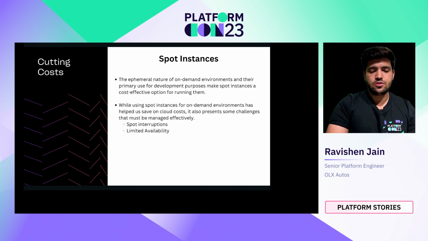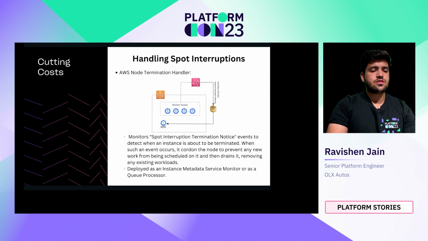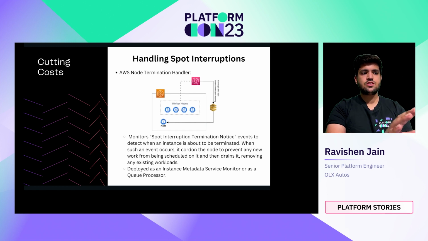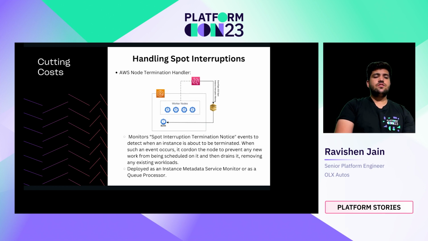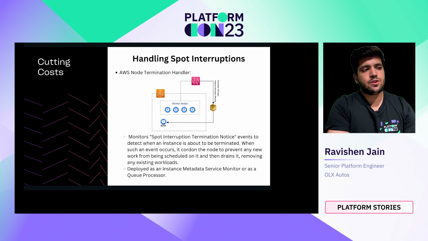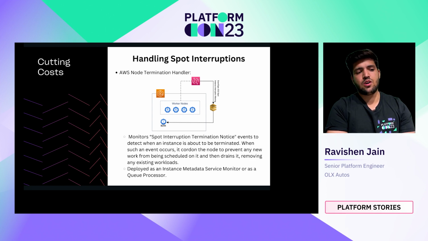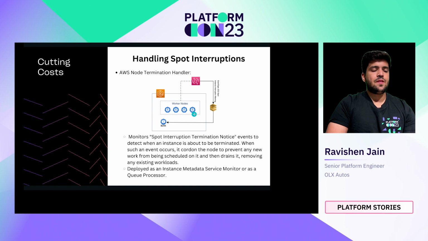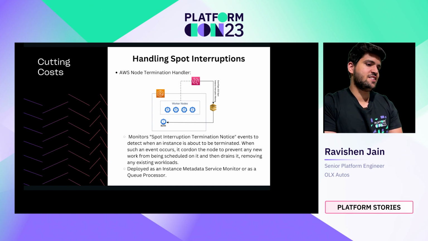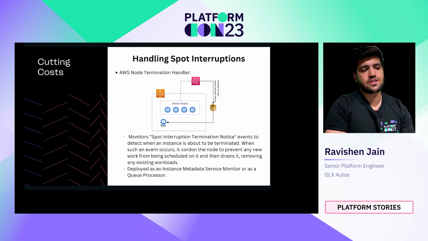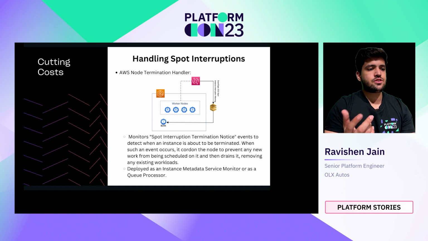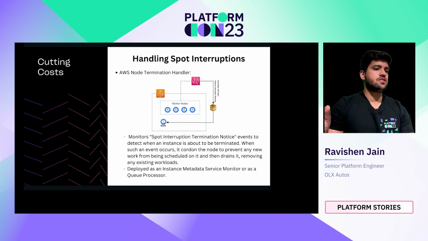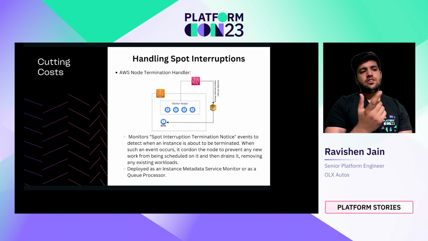So to solve these two challenges, what we did was, this is for spot interruption. There is a project called AWS NTH, node termination handler. This is something which I have prepared. So what it does is, let's say your fleet is running on an EKS cluster, and you have an auto scaling group or the EC2 instances, what you can do is you can